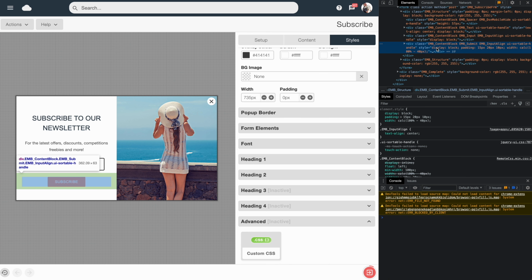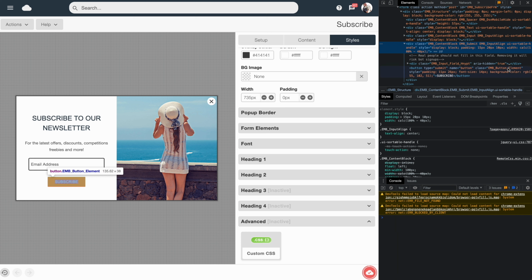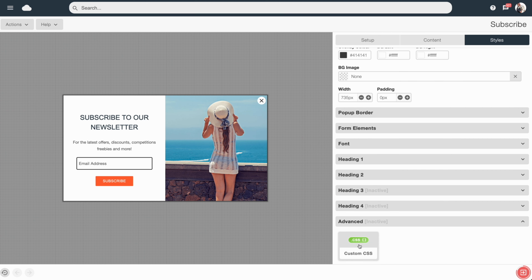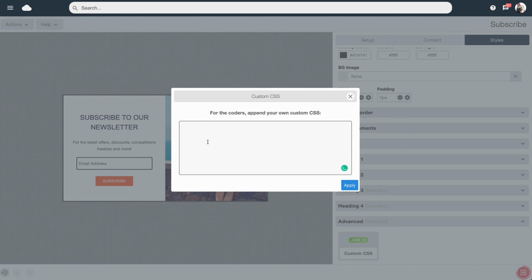So we can see here that this button element is residing over here. Now let's find it, and we can see it's got this class here. So let's copy it to clipboard. If we open the custom CSS menu, we can paste in the name of the class and write our own